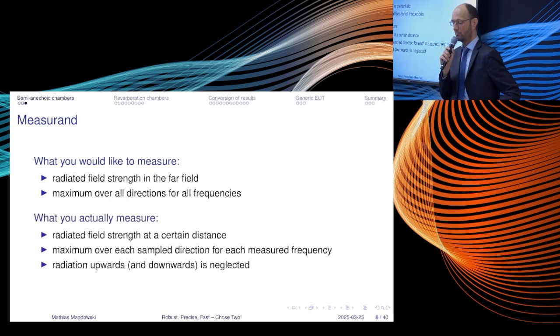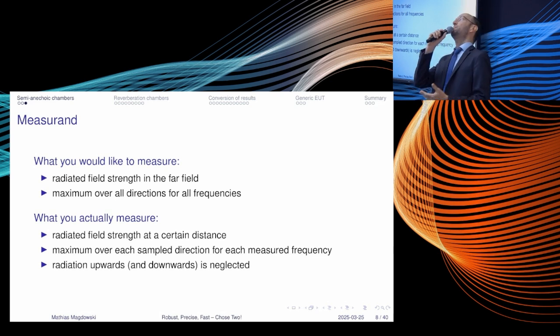What we really measure in practice is the radiated field strength in a certain distance, but we cannot measure all directions because it would take a horribly long time, especially if the radiation pattern is very complicated. So we do, for example, just one spherical cut. And at least for large floor standing equipment, it is not rotated, so we only measure the emission to the side. We don't measure what is radiated to the top. We don't measure what is radiated to the bottom and might be reflected. And maybe not here, but in general, there might also be other equipment above you that might be disturbed by radiation.